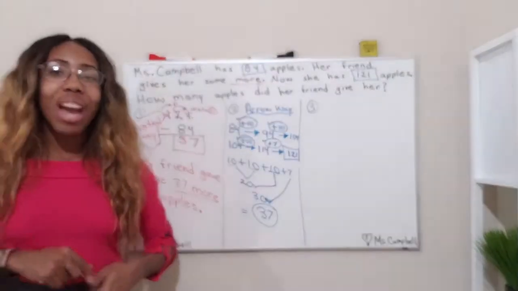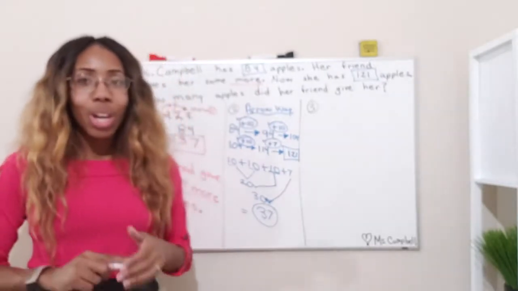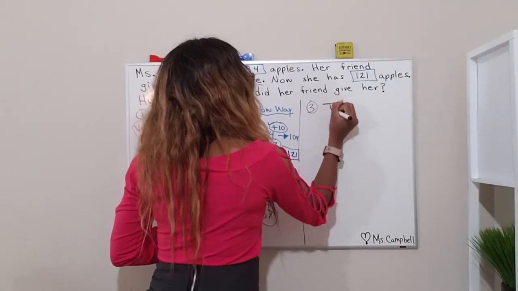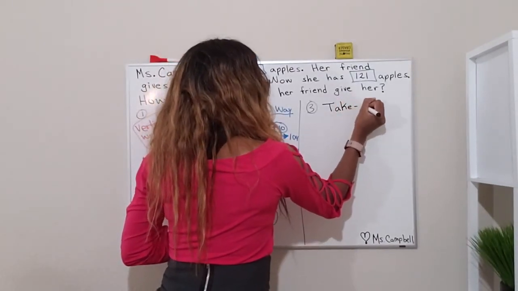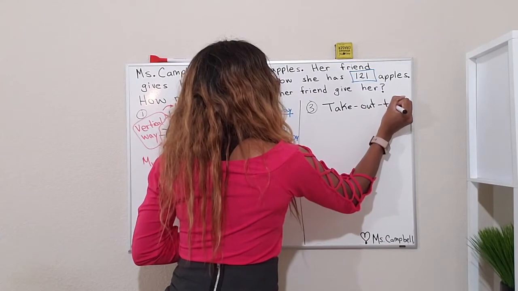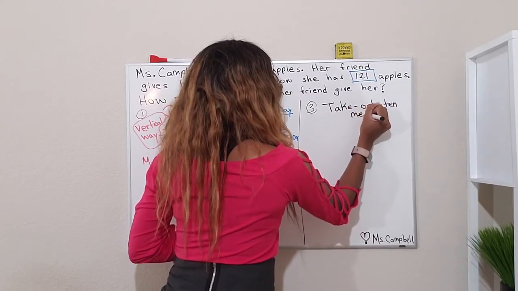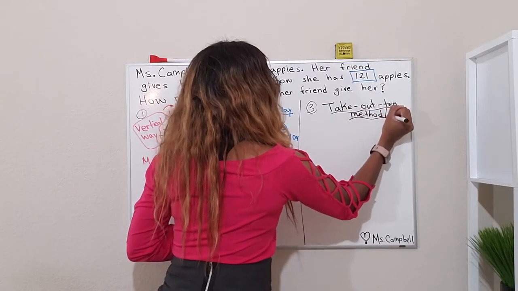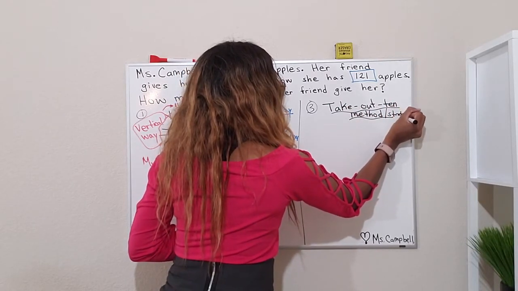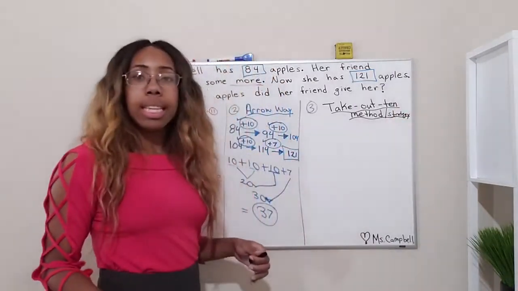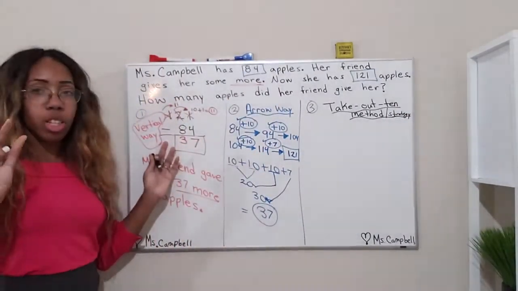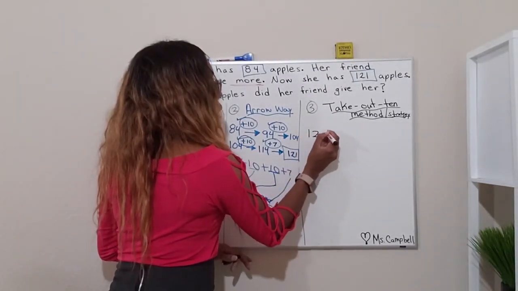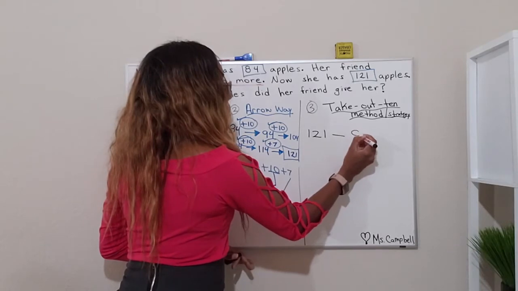Okay, so the last strategy that I'm going to show you is super cool. So listen up, the take out 10 method. The take out 10 strategy, okay? Or method. Take out 10 method. So this is the same as taking away here, but it's a little different. So watch closely, okay? I'm going to start with 121 minus 84